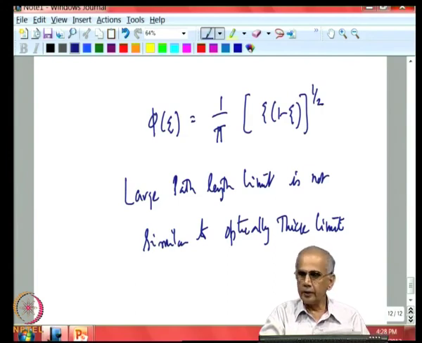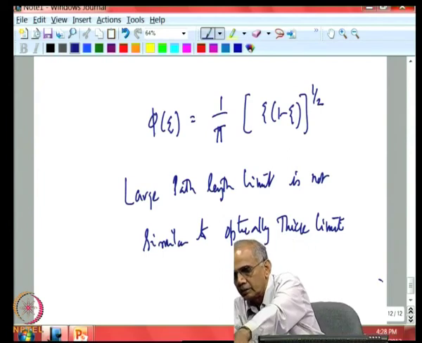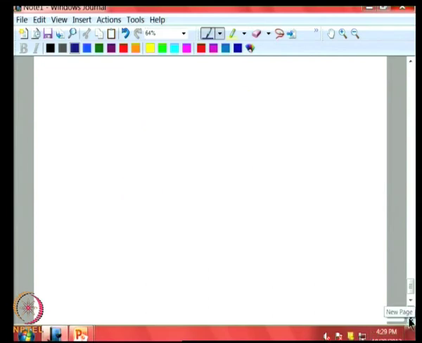So, to illustrate this point, we will take one example. The point which we would like to make here is that in this large path length limit, in spite of large path length, the gas will not completely absorb all the radiation. To illustrate this point, I would remind you of the example we had in the last class, in which we